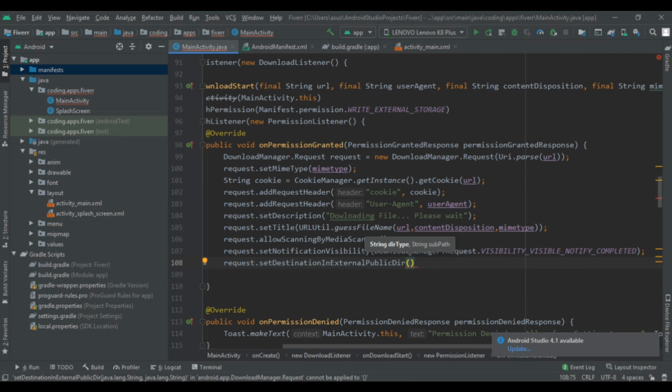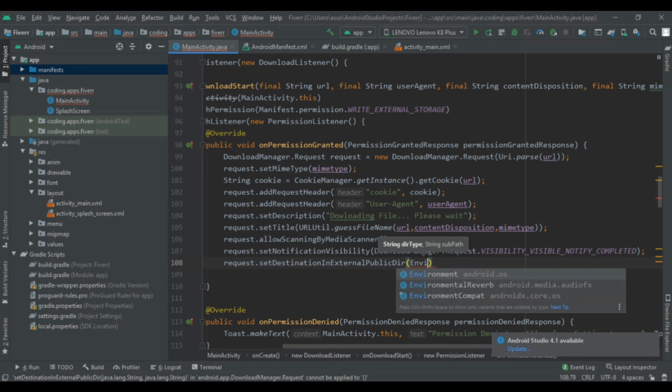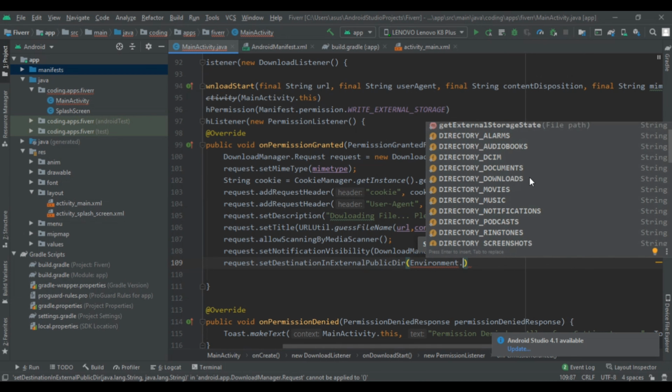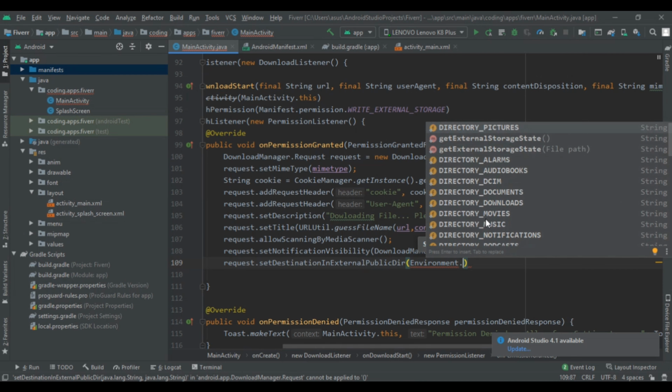We can write in the internal storage. So where we have to store this material, you can write Environment dot. So if you are saving pictures, then create a folder in pictures, and you can use this for many things. But in this Android tutorial, we are going to use this downloads.